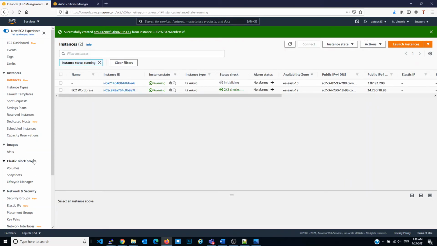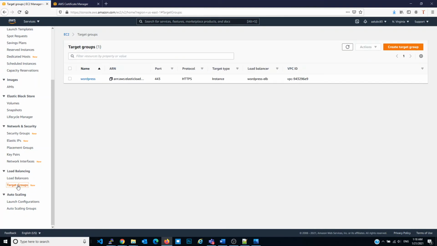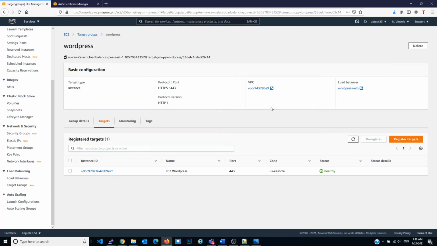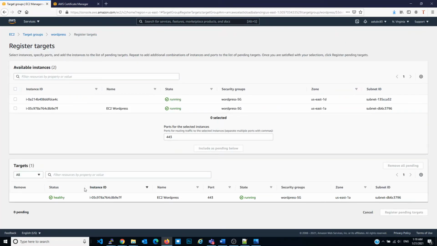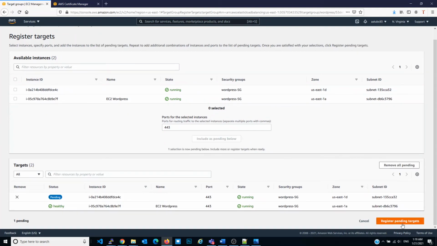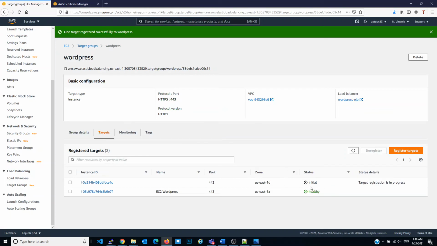This will take a little bit longer. Go to the target groups. Click here, register new targets, and you will find this one, which is the new server which we have. You can see that it's also in a different availability zone. Include, register pending target, and now it will take a little bit of time just to initialize this server. Meanwhile, let's just test